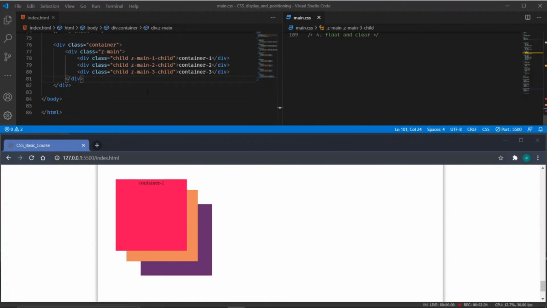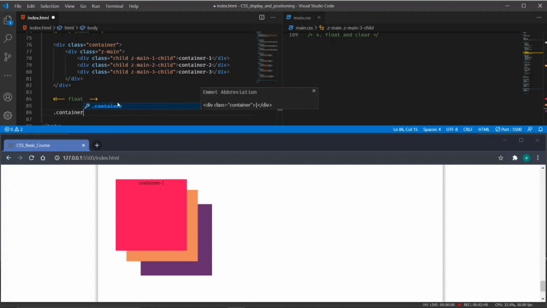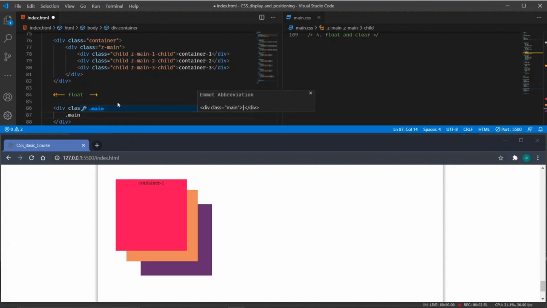Now comes the float and clear property. This is another way of aligning the containers. Right now what I will do is I will have a main container, the float main container.